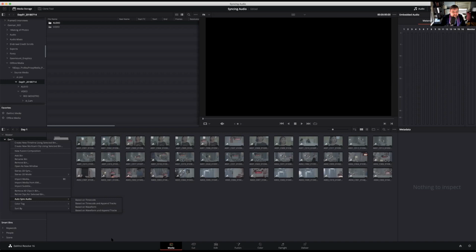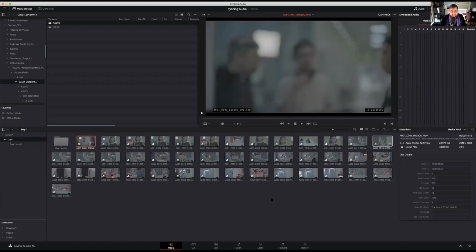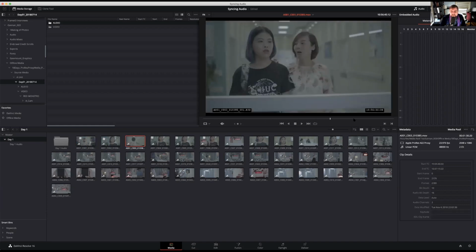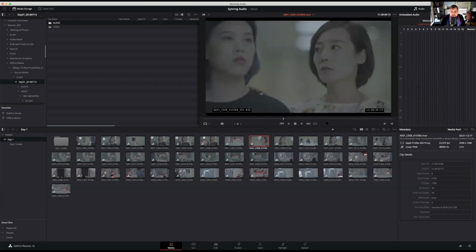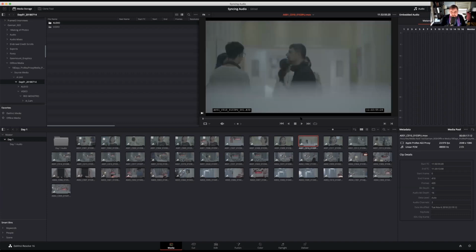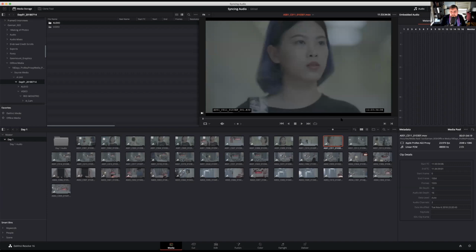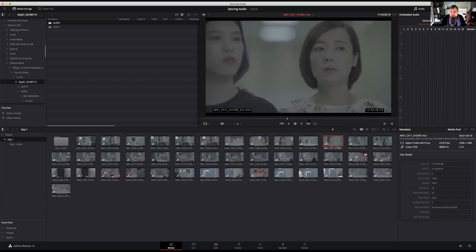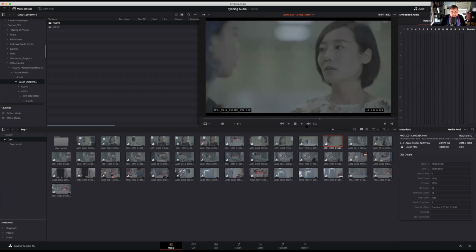Yeah. So the way it works is I'll show you just so you can see what the experience is. These clips don't actually have an audio reference because we were shooting through a window. So there was just no way the camera was going to pick up useful audio in that instance. Oh, look, it's me. So there is no audio at all. As I scrub through, you can see in the audio meters, no audio. So if I right click and do auto sync audio based on timecode,